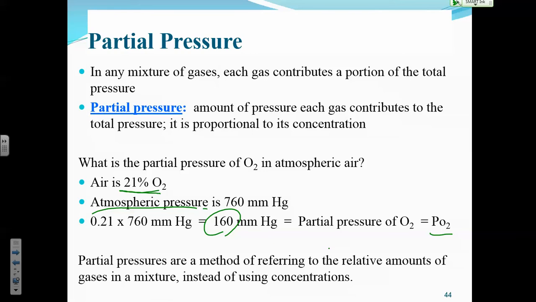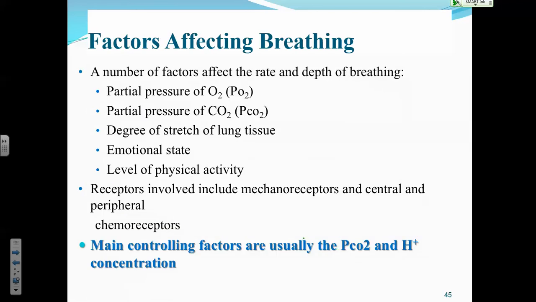And we're going to see that the partial pressure is what's used to determine where the oxygen moves. Does it go from the alveoli into the blood, or from the blood to the cells? It has to do not with total air pressure, but with the partial pressure that each gas exerts in that mixture of gases. So partial pressure is just the pressure that each gas contributes to the mixture. We'll come back to these partial pressures as we look at these gas movements.